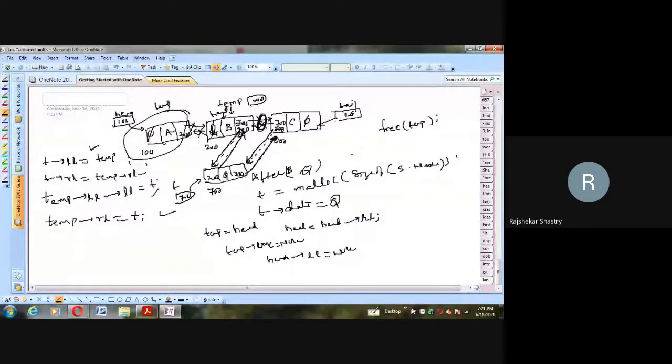Similarly, deleting the last node is nothing but the node held by the tail. So we can easily perform the operations.